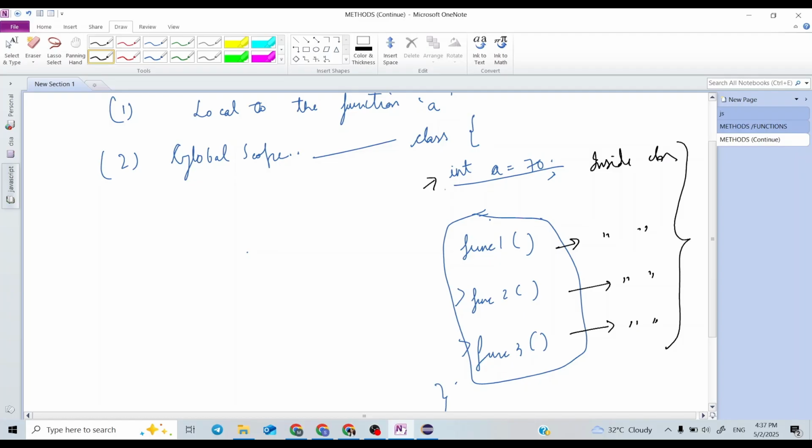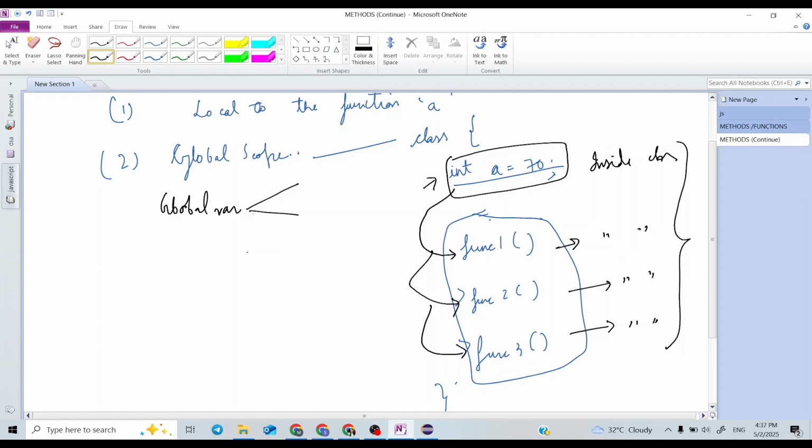That's why we can say that this is a global variable that can be accessible inside any of these functions. So a global variable is accessible to any of the functions inside that class.